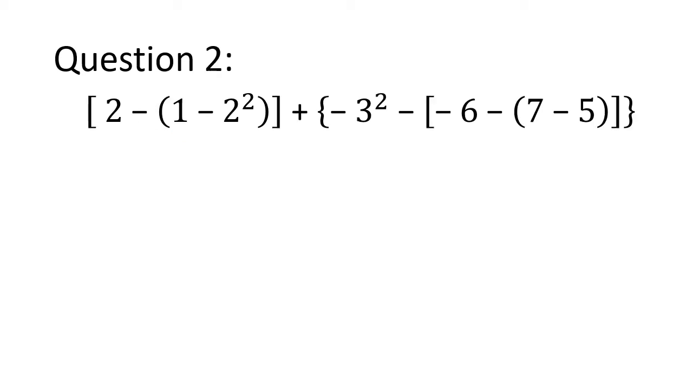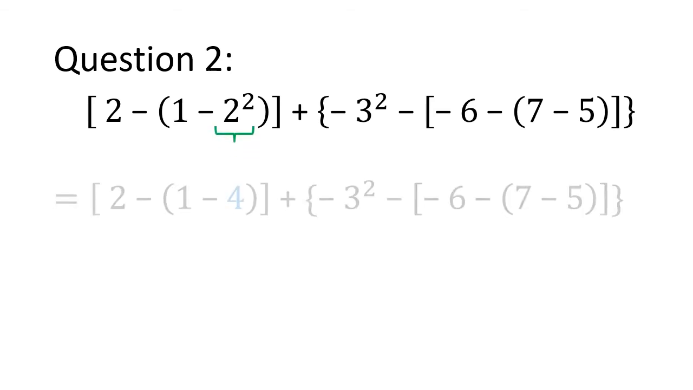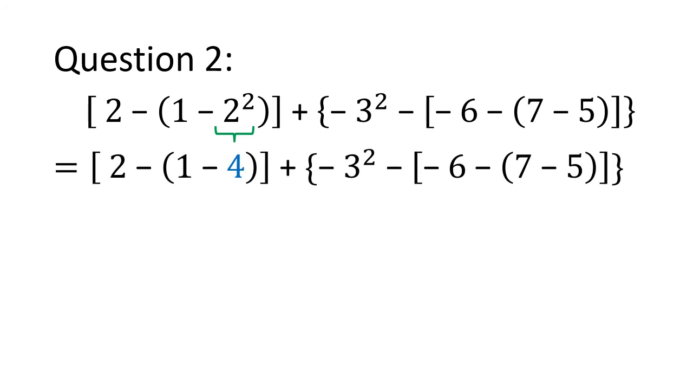Here's the second question. Check the innermost brackets first. In this case, there are 2 parentheses. One parentheses has 1 minus 2 squared, which has an exponent, and the other has 7 minus 5, which is a simple subtraction. Since the exponent is stronger than subtraction, let's do 2 squared first. Nothing changes for the other parts. So we have bracket 2 minus parentheses 1 minus 4 plus brace negative 3 squared minus bracket negative 6 minus